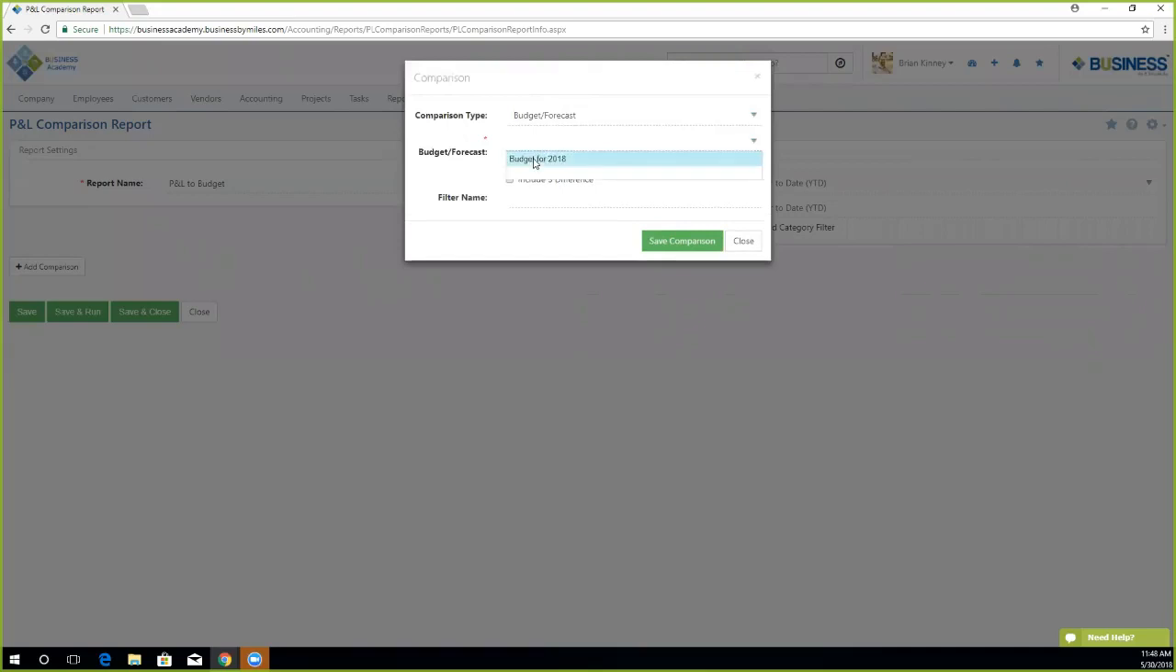So if I choose a budget report, since I've already built a budget for 2018, I can compare our profit and loss to that budget report. I can also include percentage difference and dollar difference. I'll enable both of those so you can see what that looks like on the report. If I save comparison,